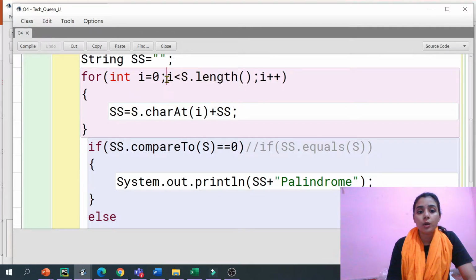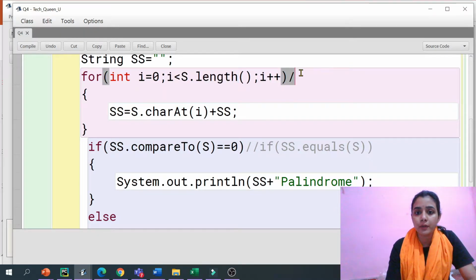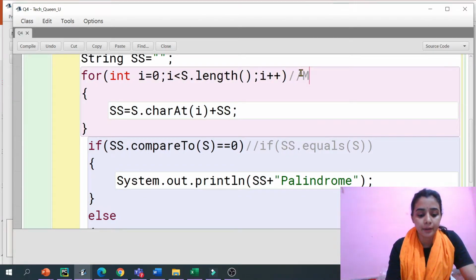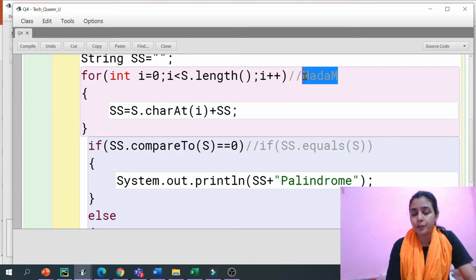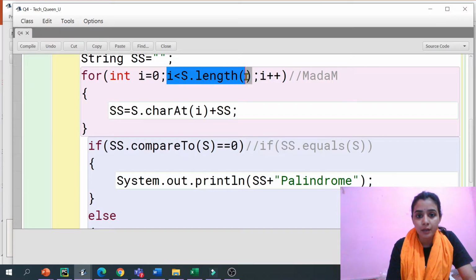For example, let's say the user enters madam. This is a palindrome because if we reverse it, it will be the same as what was entered by the user, so that will be a palindrome, we know that. Now I have initialized i with 0 because I will use it for indexing, and it will run till length minus 1. That means 0, 1, 2, 3, 4. So the length will be 5 and it will run from 0 to 4. In total 5 elements are there, right?